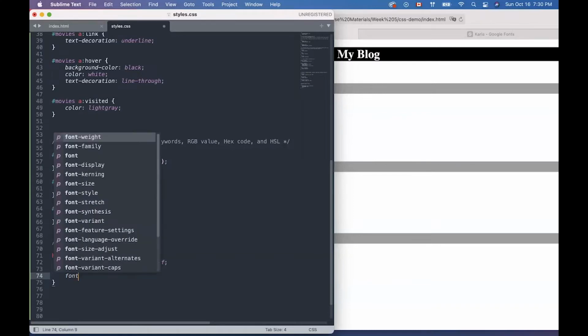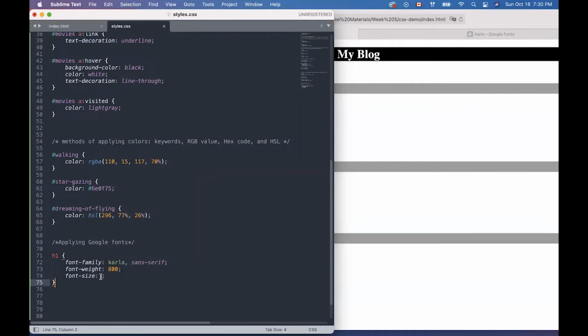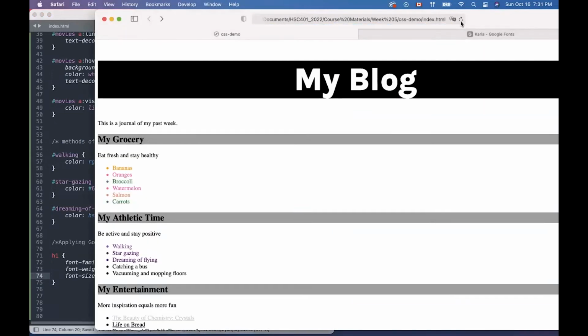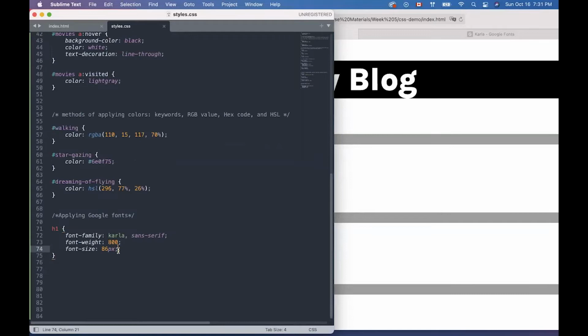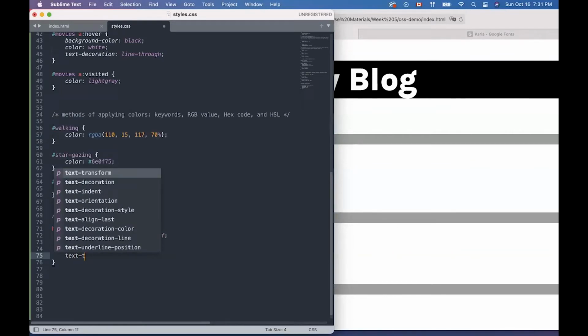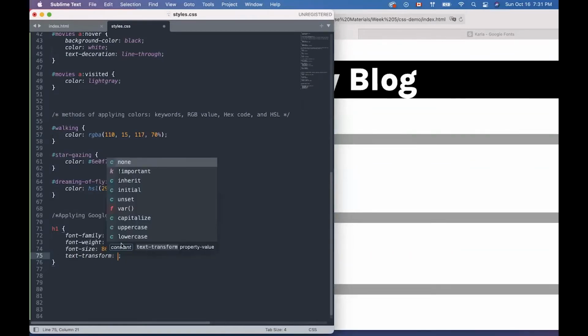And for font size, I'm going to use 86 pixels. And save and refresh. And now the Carla font is applied to my blog. And I'm going to turn it all into uppercase. So text transform uppercase. Save,